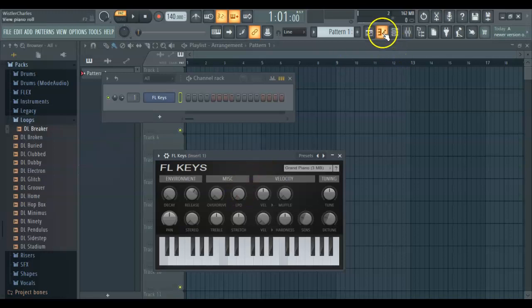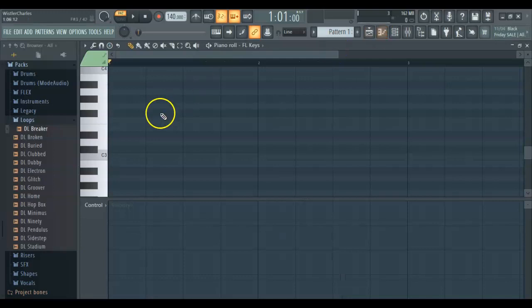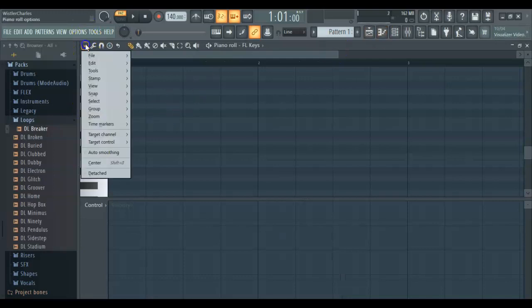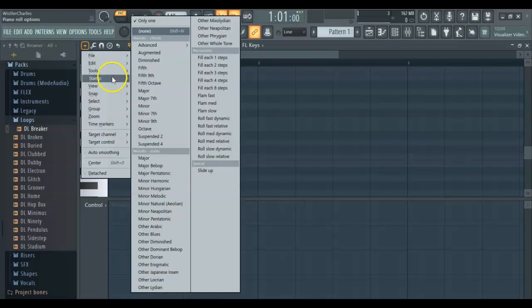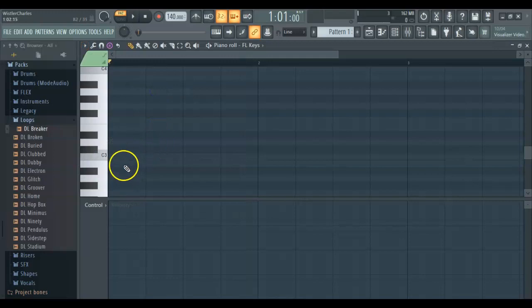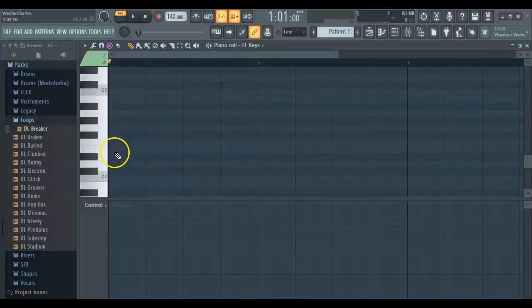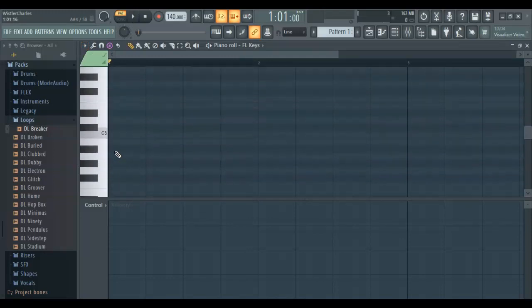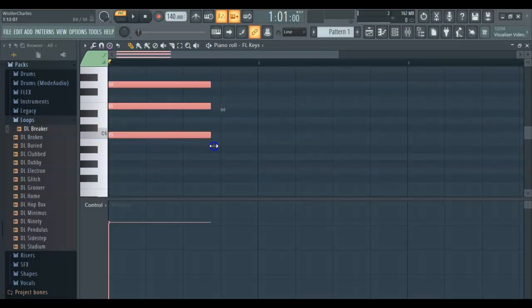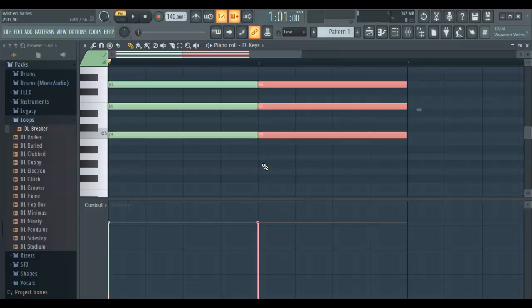So what you want to do is just go to the piano roll, and I'm gonna use the stamp tool for this illustration. Here I'm just gonna use major. Let me just scroll down, scroll up. I just want to stretch the chord a bit. So it's going to be the 1-4-5-2 progression. So what I'm going to do is just duplicate this chord, and I'll make the changes